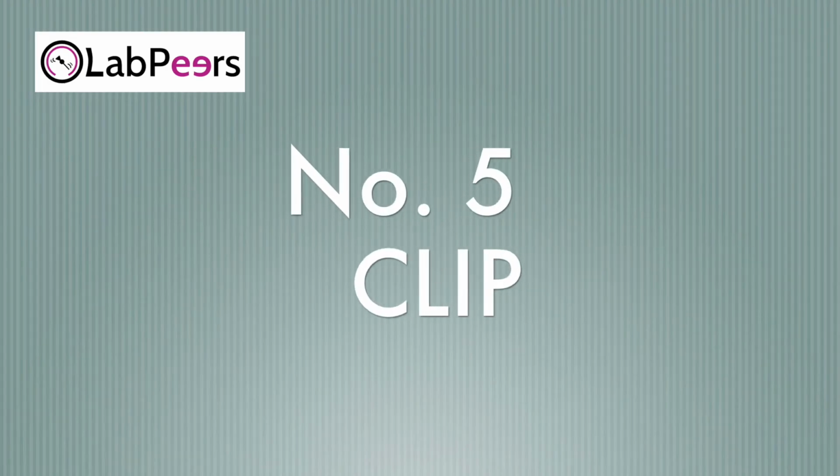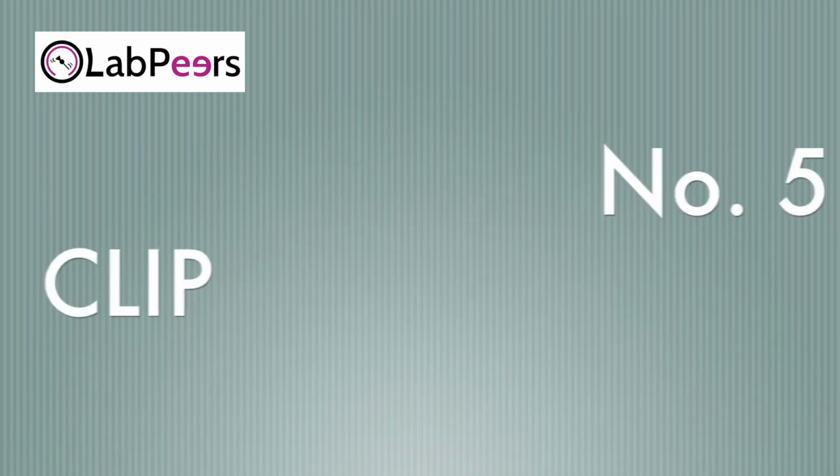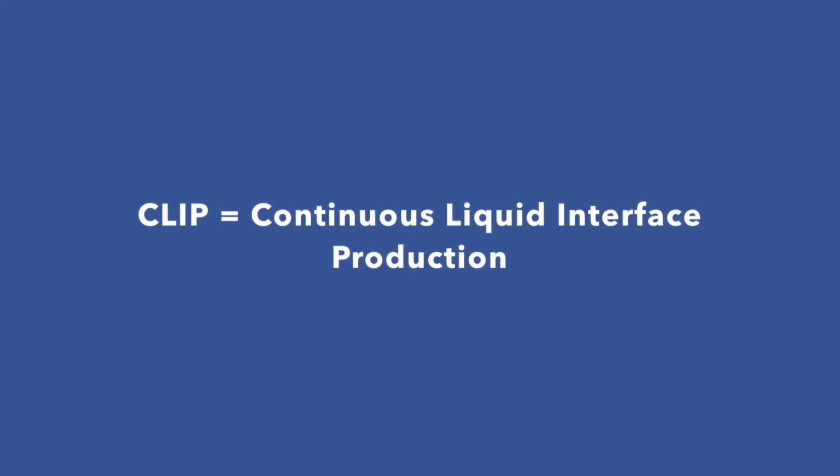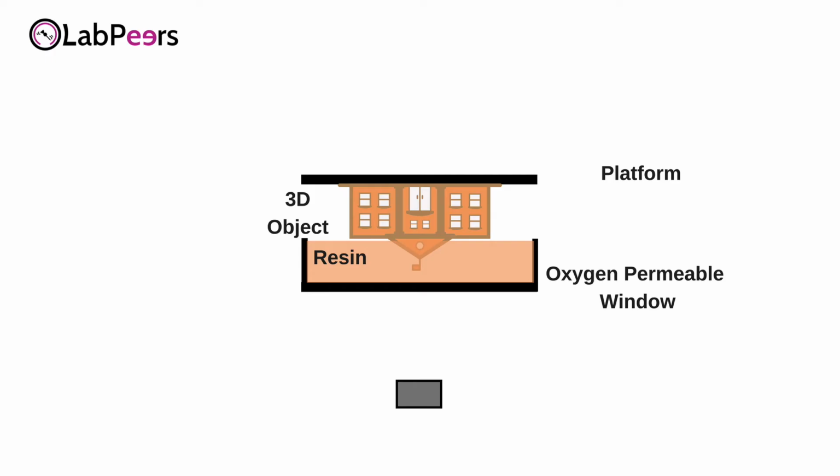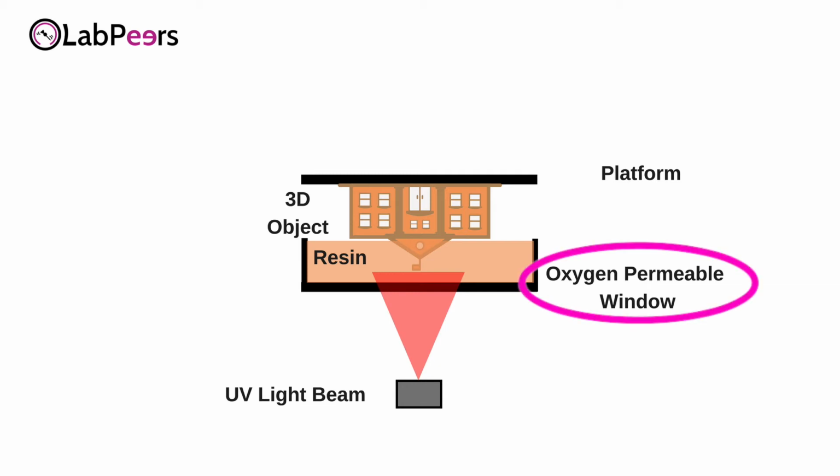And the last method we're going to talk about is called the CLIP method. CLIP stands for continuous liquid interface production. And again, you have a bed of resin, and this time the laser light actually is projected onto the resin from below the container. And this container has an oxygen permeable window, which allows for the resin below the printed